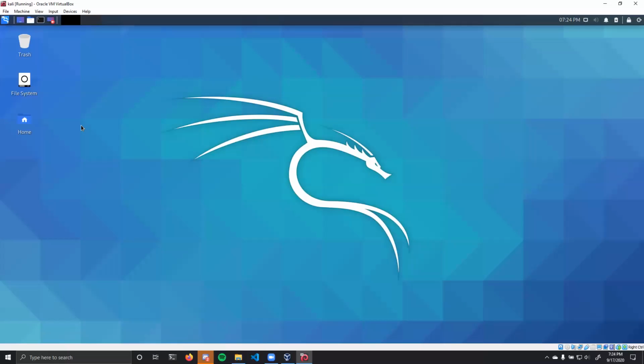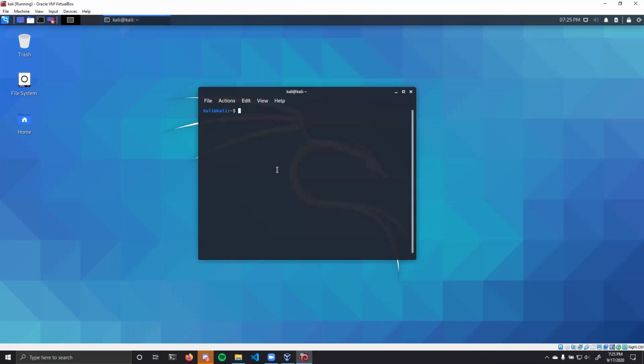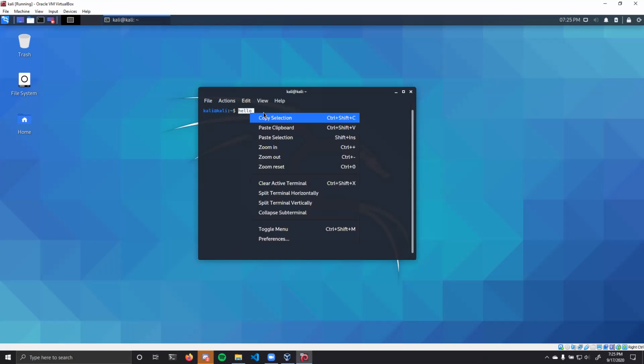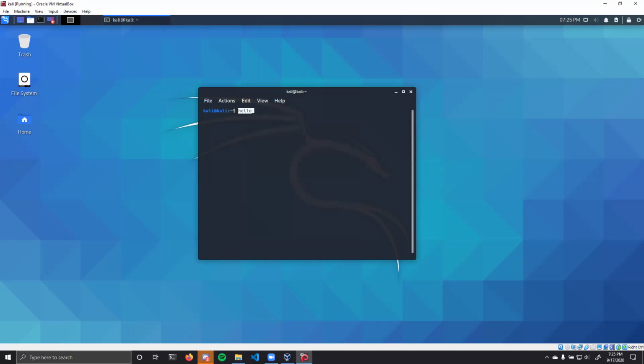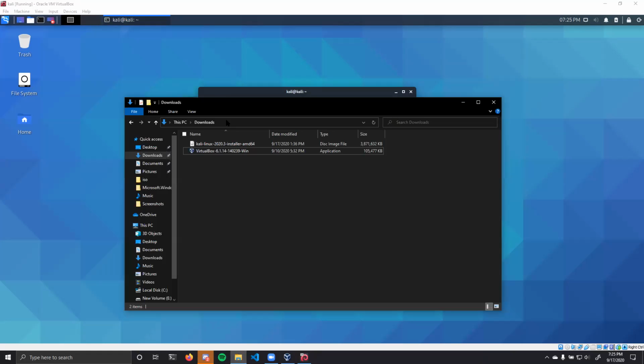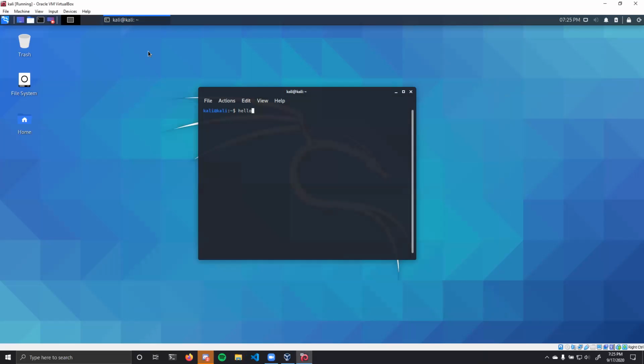Now, another thing that's important to do and that's really useful is setting up shared clipboard. So right now, if I copy and paste something, it's not going to work. Like if I decide to open a terminal, and I type hello, and I copy it with right click, copy selection. If I go into my regular computer and I decide to paste it, it's not going to paste the right thing. It's going to paste it on my actual clipboard. So what we can do is go into,